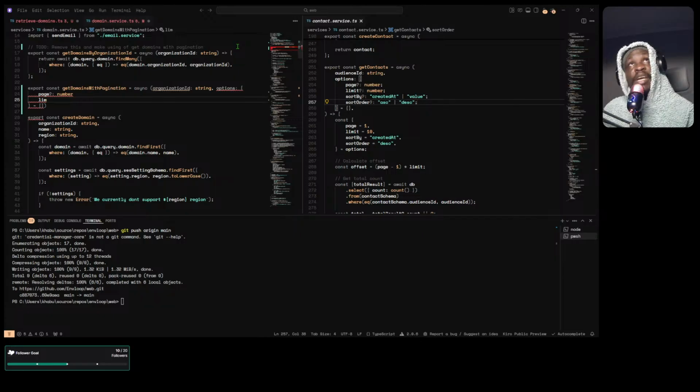But yeah, it might break something because I also need a specific return type for this function. I don't want to return the whole domain data, but I just want to return specific fields per domain. So let's just have a separate